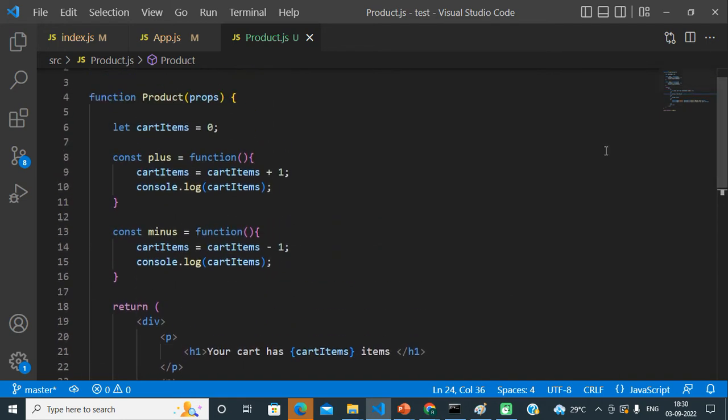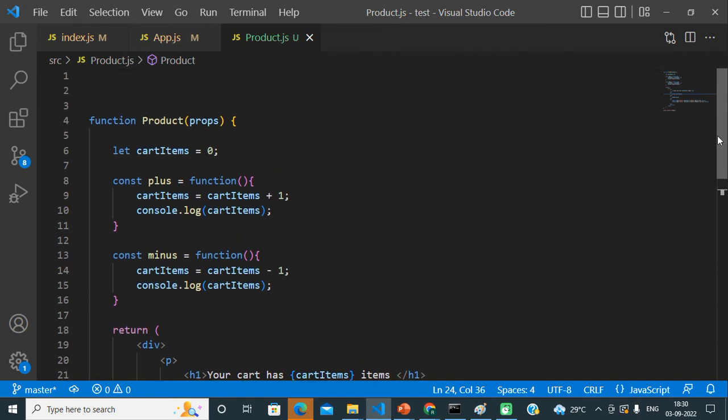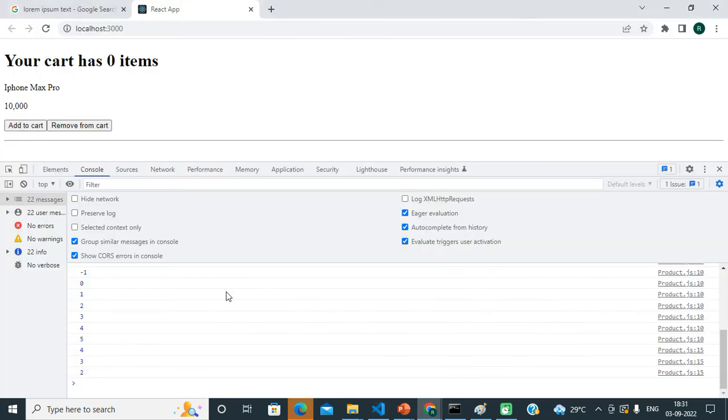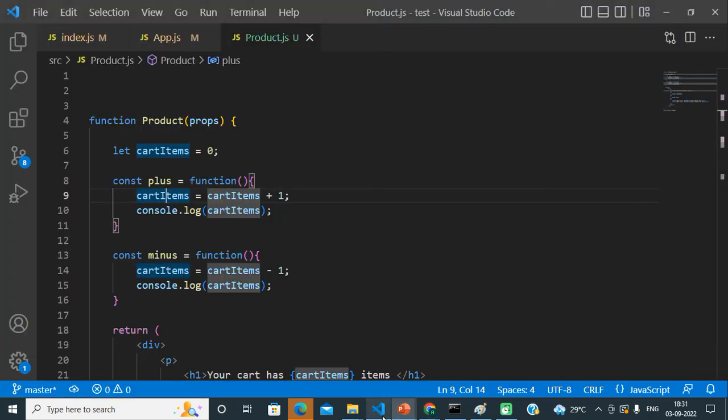In this case, we are not creating any state, we are not using the useState hook. We are creating just a normal JavaScript variable, and with the help of this function we are just updating that variable's value. That is why the variable's value is getting updated. But we are not using any state. React's component actually understands state updates.